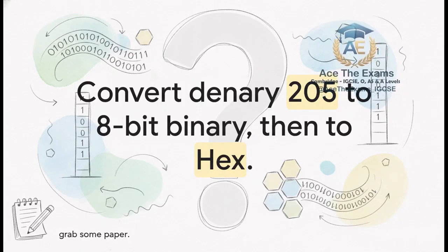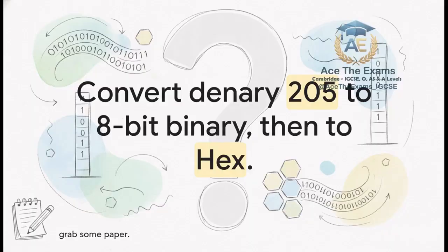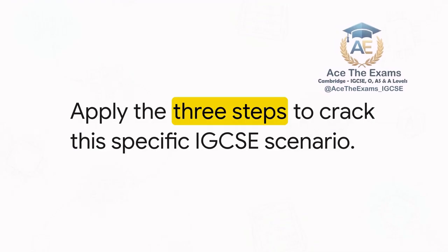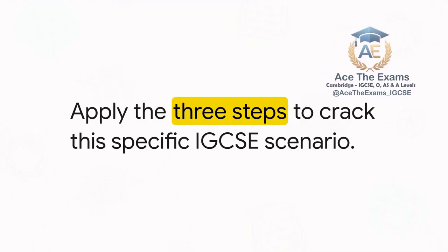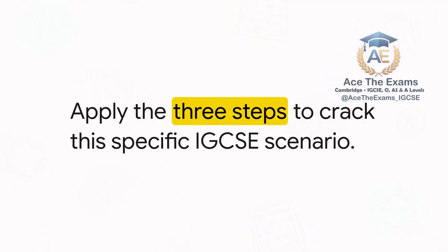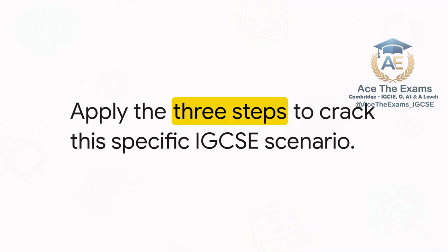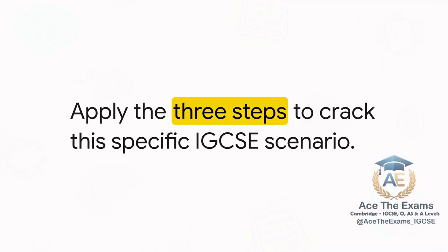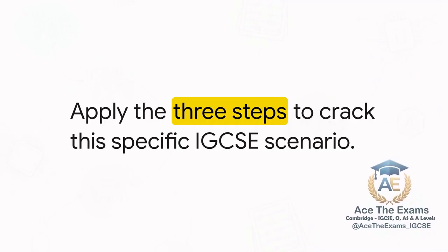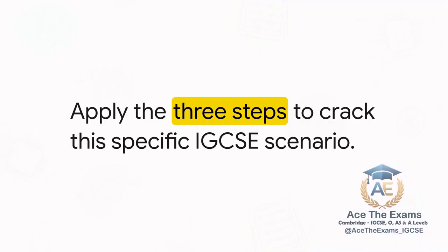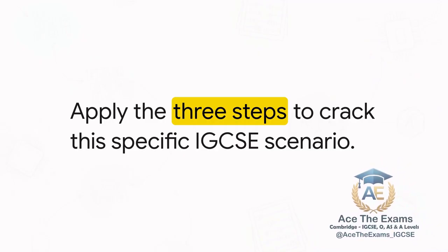I want you to pause this explainer right now, grab a piece of paper, and apply those 3 steps. Just remember, getting that 8-bit binary sequence first is the only way you're going to dodge the traps. Map out your place values, starting from 128 all the way down to 1. Figure out exactly which ones add up to 205, write down your ones and zeros, and then perform that famous nibble split. No rush, take your time. Okay,